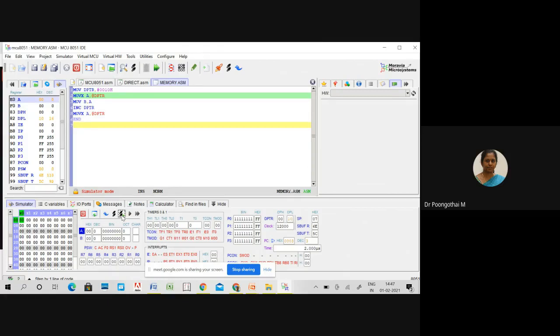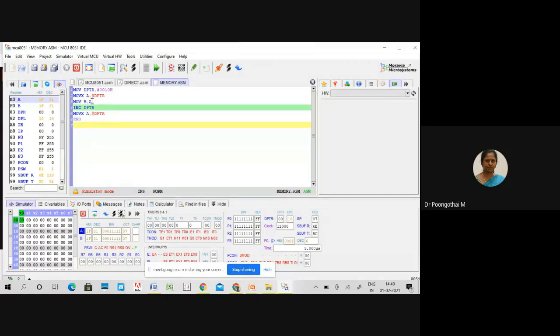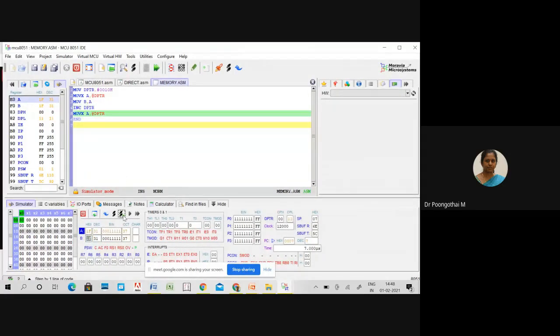Next I will execute the MOVX instruction. After execution, your first data is loaded into the accumulator. Next, I'm temporarily moving this data to B. Now your B register holds this 1F. After that, I'm using MOVX A, @DPTR. Now your A holds 20, B register holds 1F.